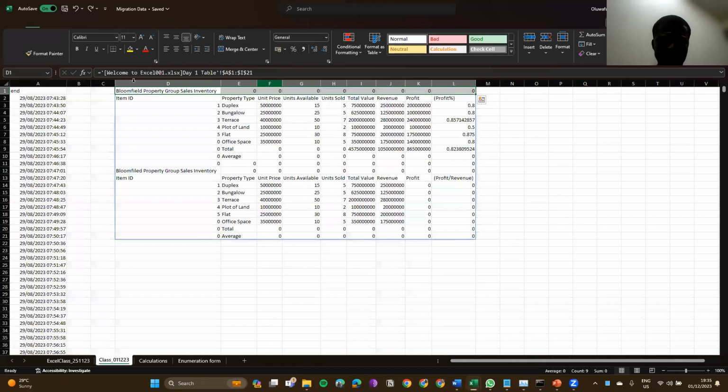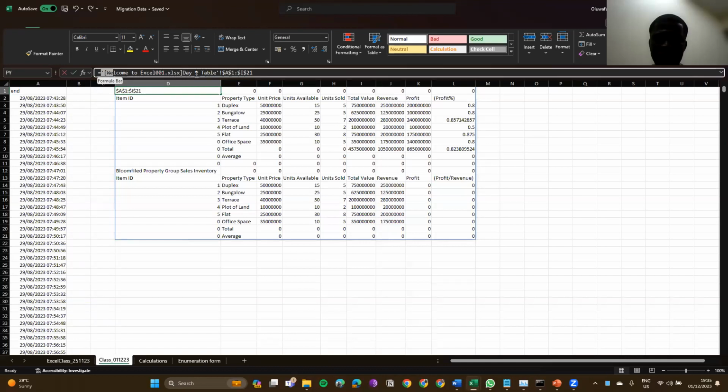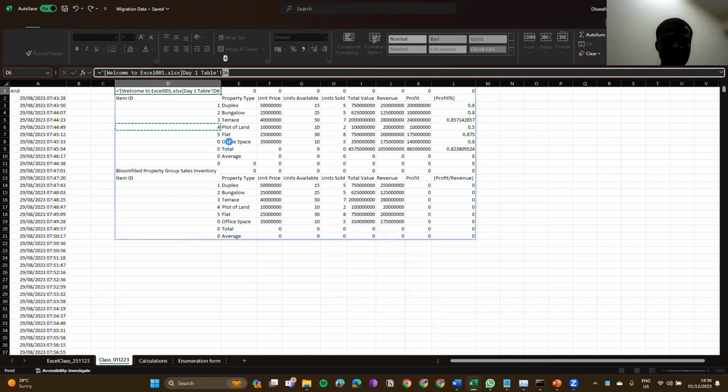Now, if you look at this, you will see that it's still the same formula, but here it's now referencing the name of this workbook, Welcome to Excel.xlsx, the one table, then the name of the tab, then the address of the cell. So now, if for any reason,